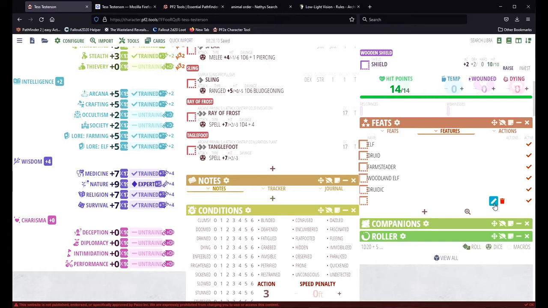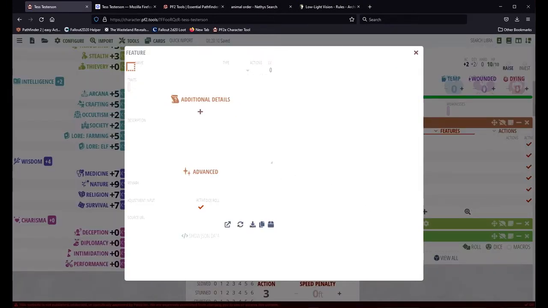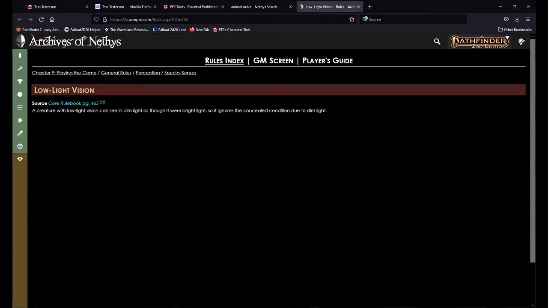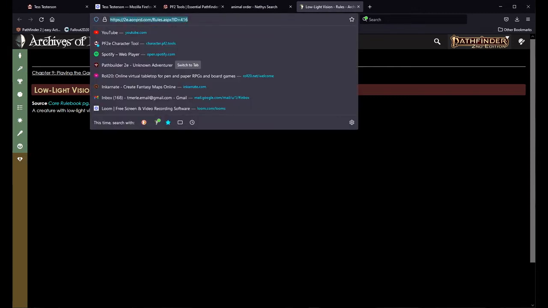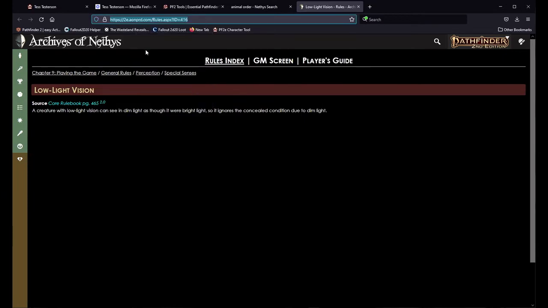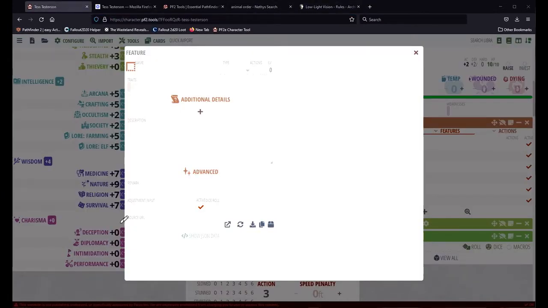And we're going to click our now very familiar little green pencil guy to edit it, and you get this blank sheet. There's a couple ways you can do this. It is not always guaranteed to work, but you can paste these directly in from the Archives of Nethys, because this is what the character tool is linked to. As I have up here already the rules for low light vision, we can see if this works. We can grab this entire URL here, copy it, and go back to our character, down to this last box that says source URL. We're going to paste it in, and hit this sync data, and